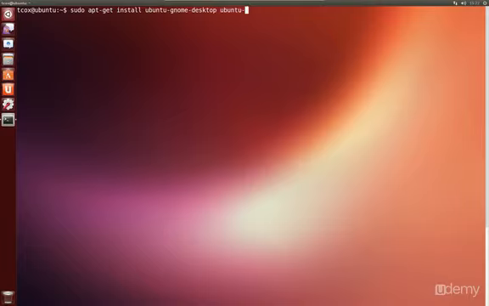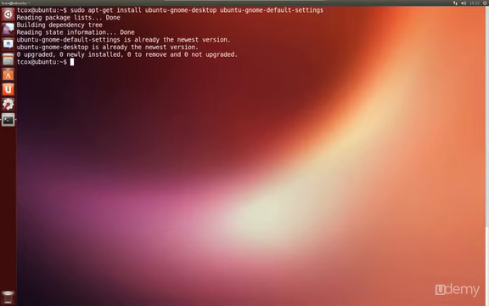So we're going to add on here sudo apt-get install Ubuntu GNOME Desktop and Ubuntu GNOME default settings, which means install the GDM. Effectively, it means install GDM. Now again, to save time, because this is actually larger even than the KDE installation, it's about a 600 meg download and about 1.4 gigabytes in size. I've already made that installation and set it up. So what we're going to do